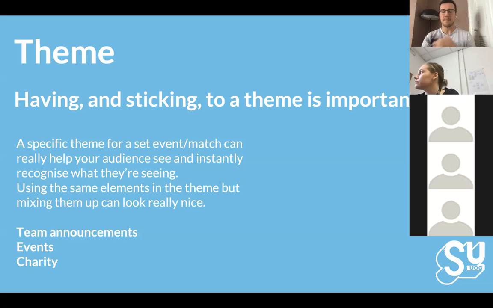But you should also have themes down to those individual elements. I'll talk a bit about color schemes later on, but that could be color scheme, it could be a clear title at the top, or it can be a different design completely. I think it's really important that sports teams, as well as sticking to their own theme, maybe tie in some of the SU colors. I know a lot of you use blue and blue, of course, which is a great thing.